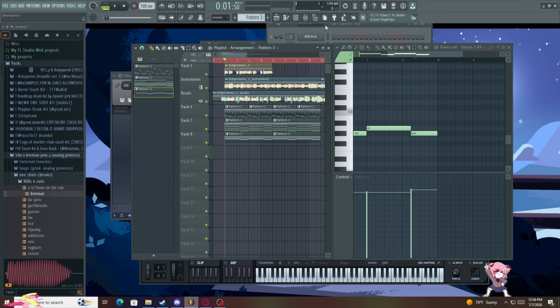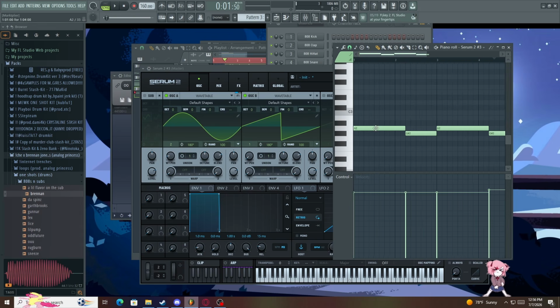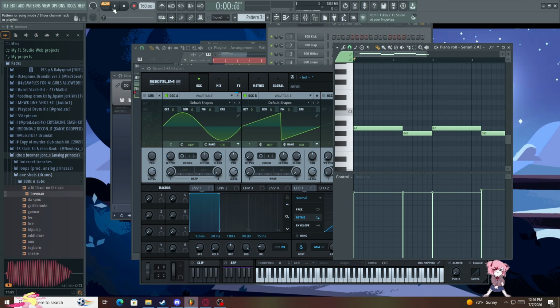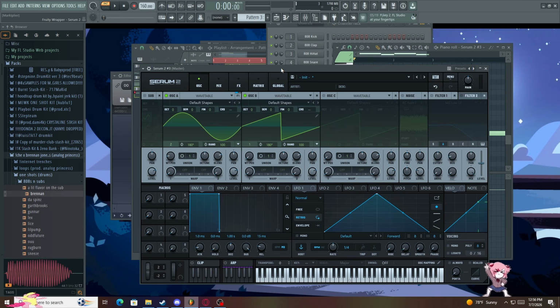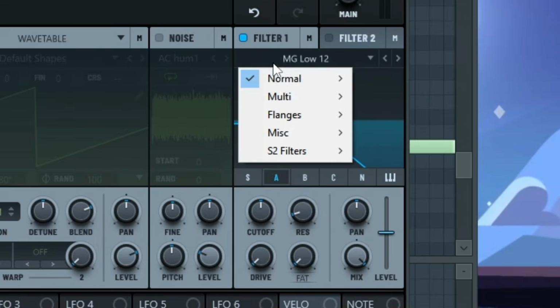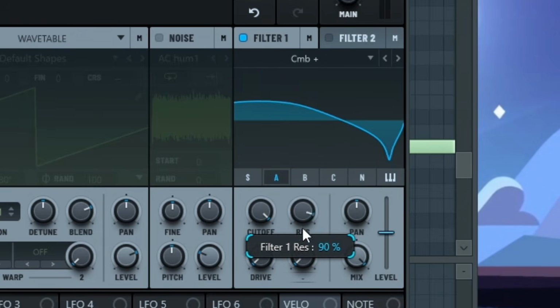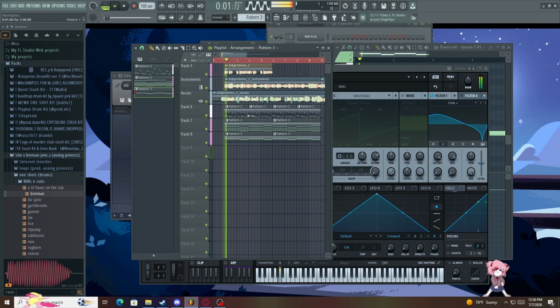Now that is a bass, but it's not the iconic Dariacore bass. To make a Dariacore bass, you need to layer it with other sounds. So this is a very high frequency wave, and with it, it'll be more that general sound. Now what I like to do is, sometimes it sounds a little too simple. I'll go over here and put it on comb, and I'll turn the comb all the way up or close to it, and it gives more